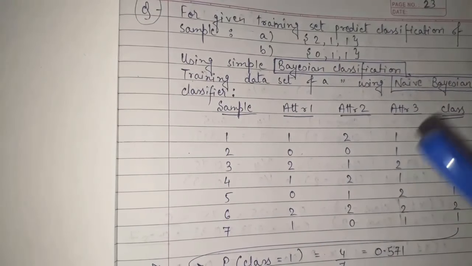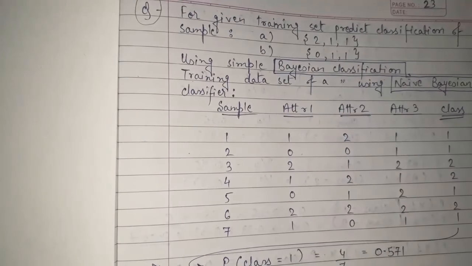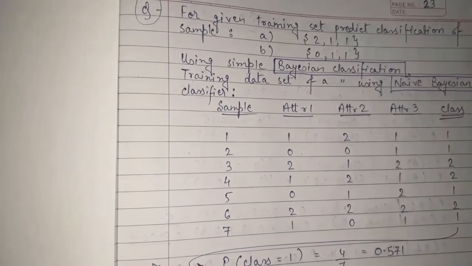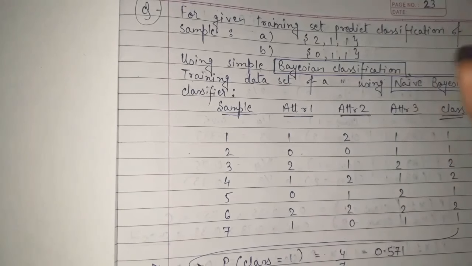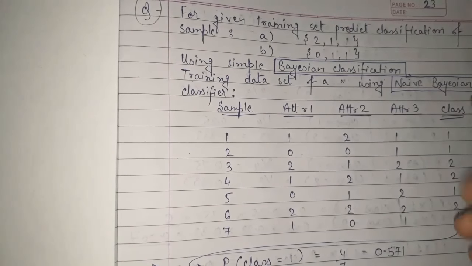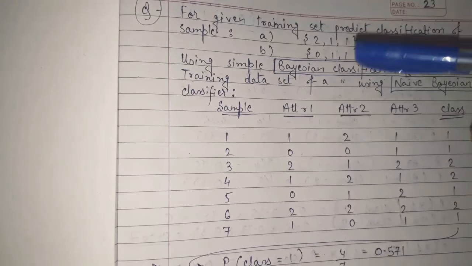First of all, let's see why we need Bayesian classification. In data mining, whenever we have bulk of data and we want to classify it, or find out some missing values, or in machine learning, we have bulk of data and we want to feed that data into the machine, or train a machine. In both cases, one of the important tasks is that whenever we have any new data, we want to classify it. In such cases, Bayesian classification is used.